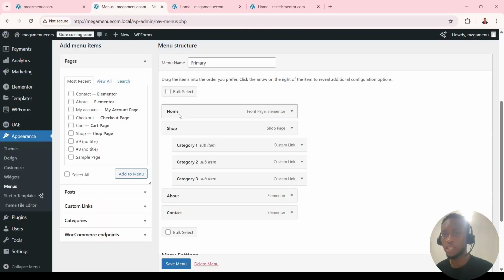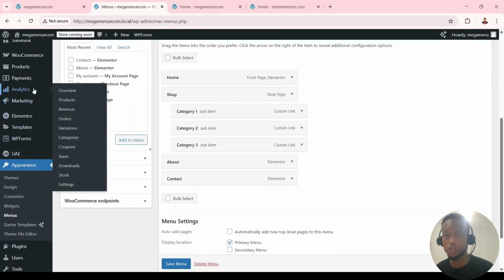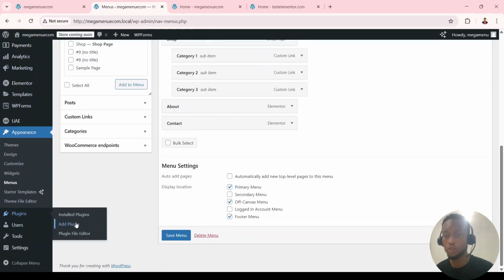So I'm going to go to the back end, right, and then we're going to be using two ways. One we're going to do is use two plugins. One is the Max Mega Menu and the other one is ElementsKit. So let's start with the first one, Max Mega Menu. So go to plugin and go to add new plugin,